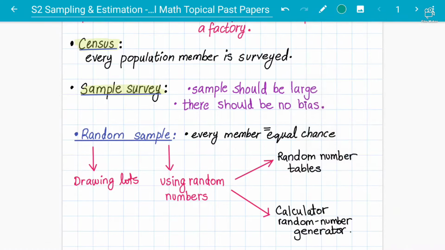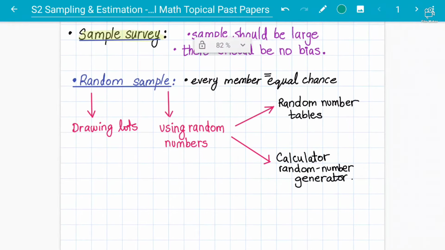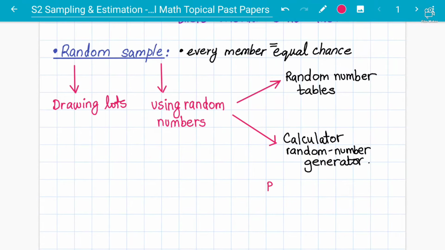Okay, so let's continue. Random number tables are basically about picking numbers out of a table. How do we do it with a calculator? Follow carefully. On the scientific calculator you have, students, you just have to do one thing. You press Ran, which is an option on the calculator, and then press the equals button. Just a two-step approach: first press Ran, and then press equals. You will get a calculator-generated random number.